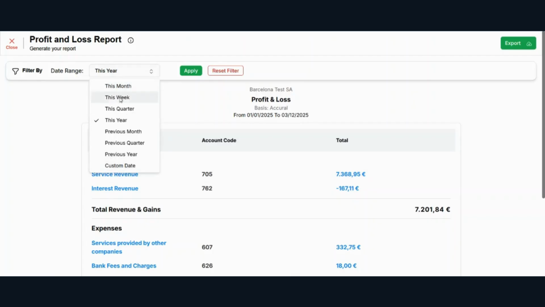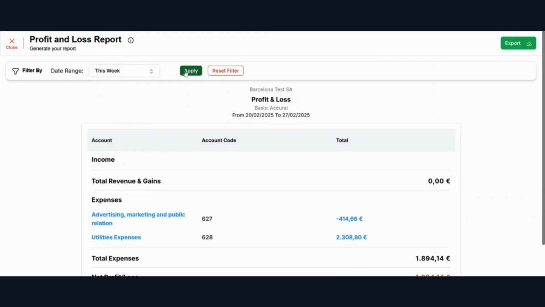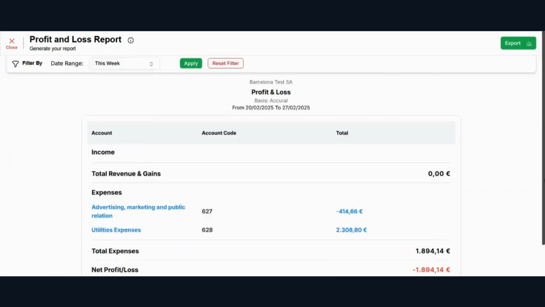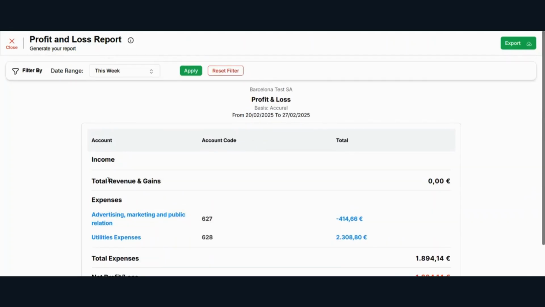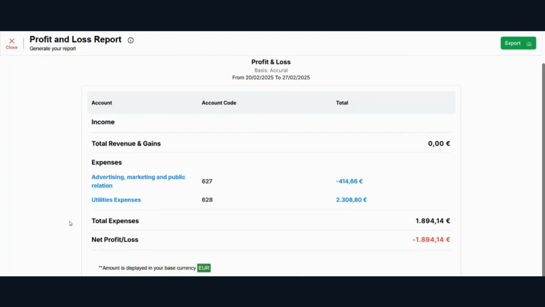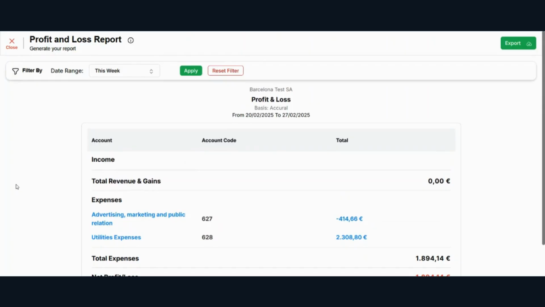Let me show you week-wise. Simply apply here and see, this report is week-wise, a weekly report. Here you get your income, total revenue and gains, expenses, your total expense, and net profit loss.